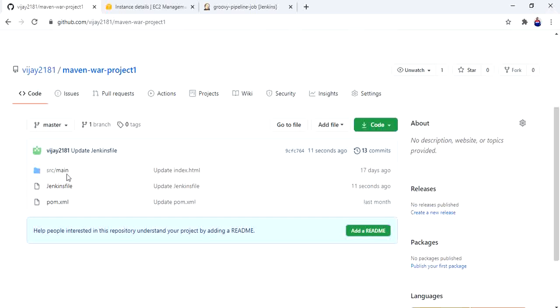It may exist in a particular folder, and there may be another folder where pom.xml is also present. So we have to write a script such that it gets into the particular folder and executes the Maven targets. Like that, we can specify it in the Jenkinsfile.